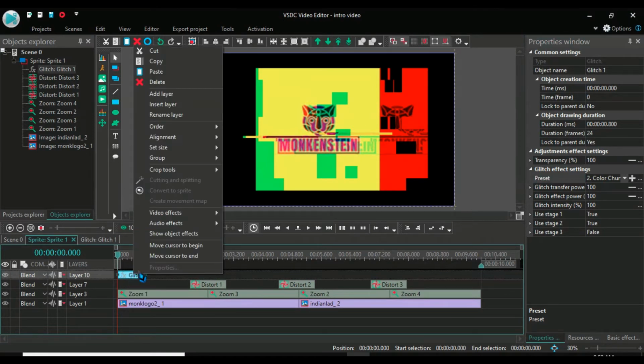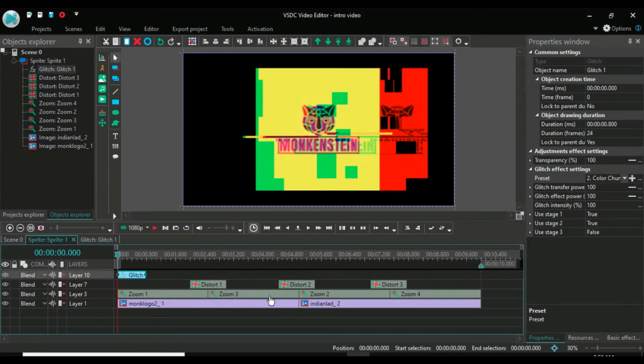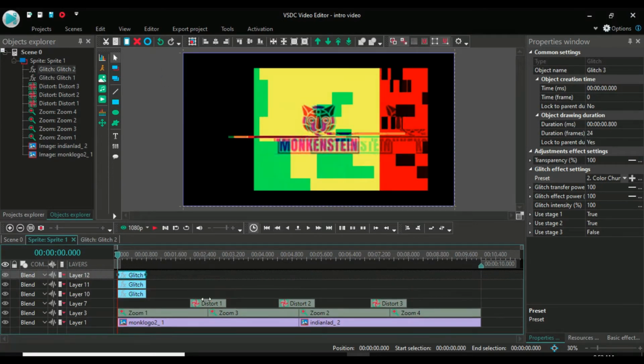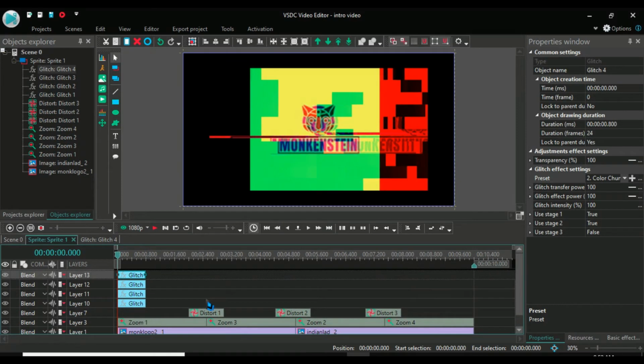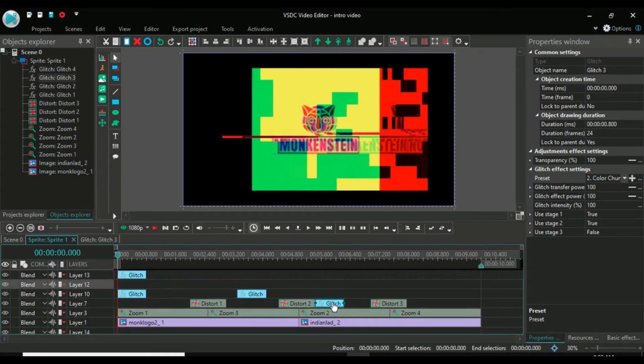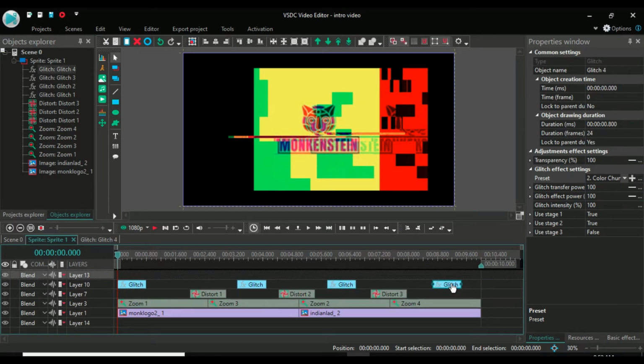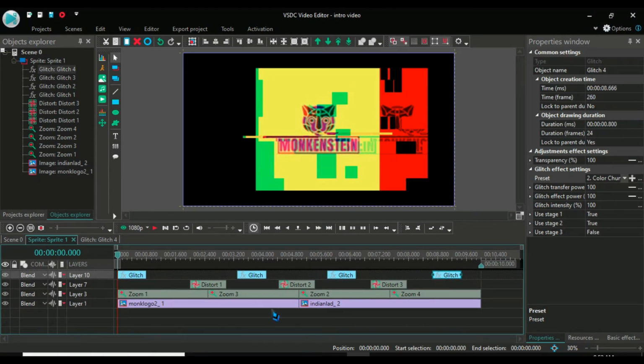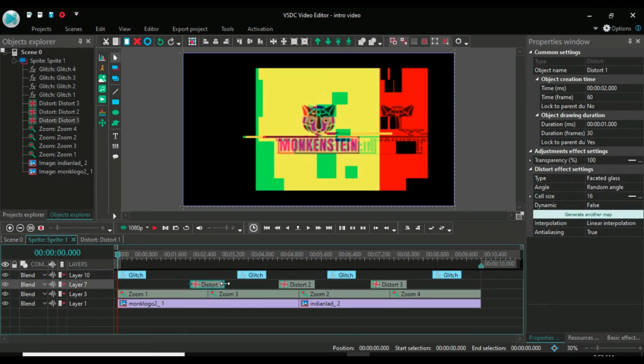Then I'm gonna copy this and I'm gonna paste several times. Okay, one I'm keeping here, one in between this, one in between this, one in between this. Okay, and one is here in the beginning itself. Keep the distortion a bit short, minimize it, change the duration, not much of a duration, it should be small, because then it's gonna overlap your glitch effect and wouldn't look nice.